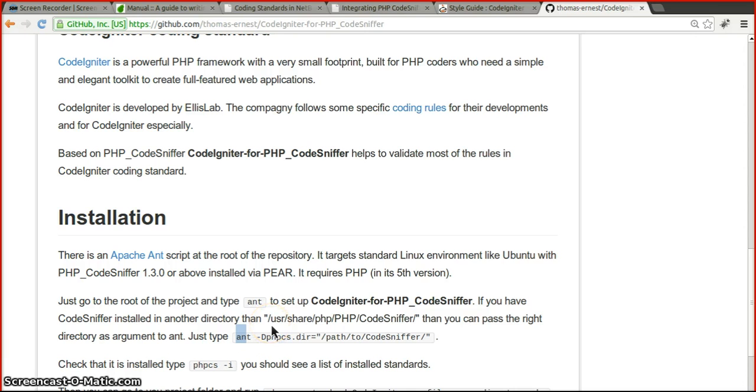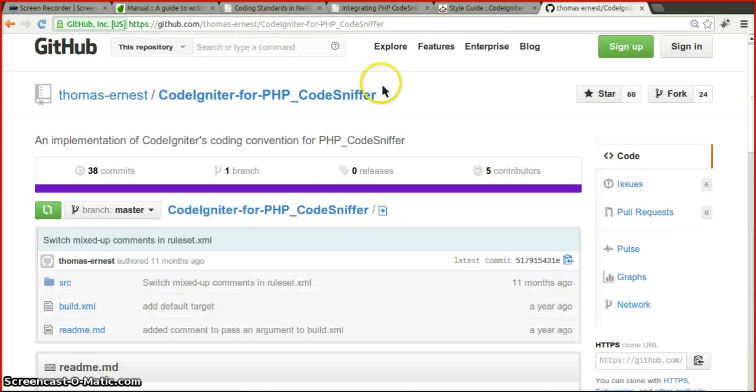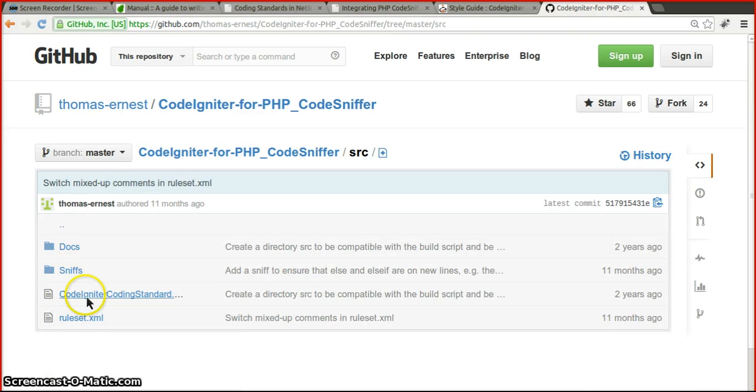So it will basically install the coding standard in the user share PHP-CodeSniffer Standards folder. Then after this you have to copy the file which is present inside the source folder, that is the CodeIgniter coding standard, into the share folder, and this will do the installation for you. And when you type phpcs -i, you'll be able to see the coding